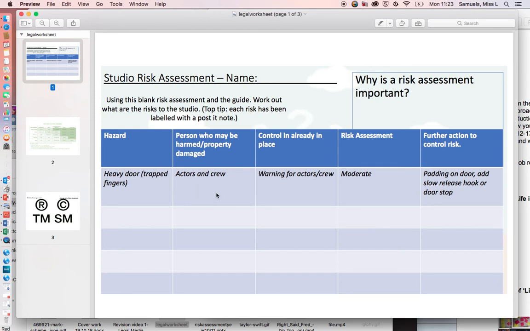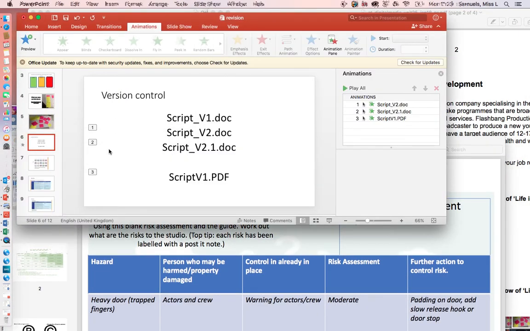And then finally, I'd say, what do I need to do better? So to make it better, I would need to fill in extra boxes, I'd need more detail, I'd need to think of more contingencies, plans, you know, plan B. That was how I'd do it. So literally, LO4 is how to review what has happened. Is it good or bad? What is good? What is bad? And how to make it better. That's all you need to do in that exam. It sounds harder than it actually is, okay?